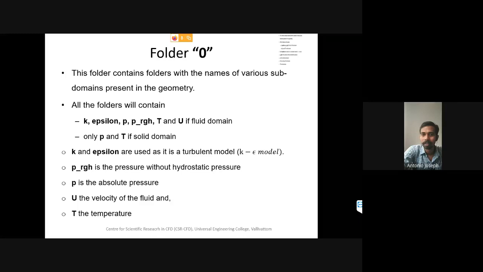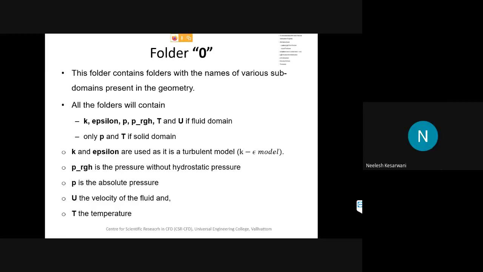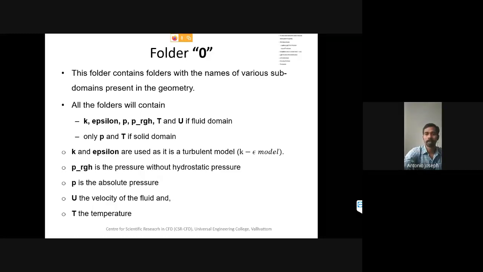Yes, sir. It's the pressure that is caused due to the static fluid, isn't it?